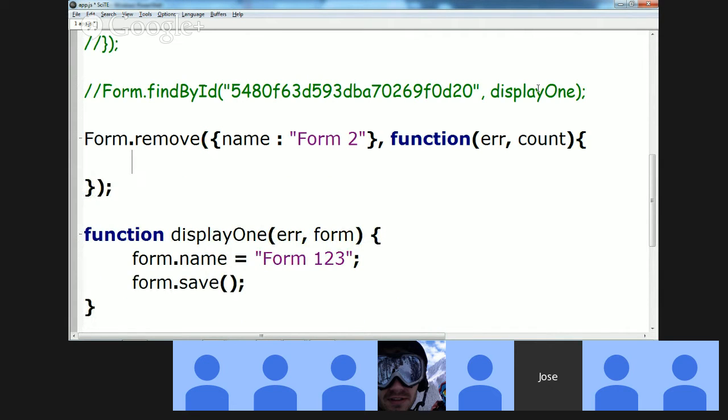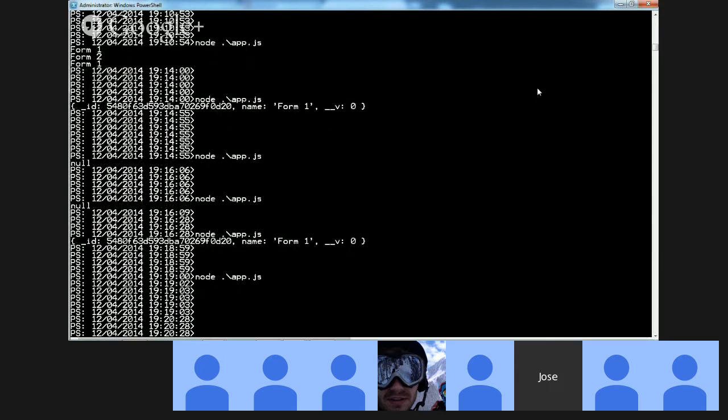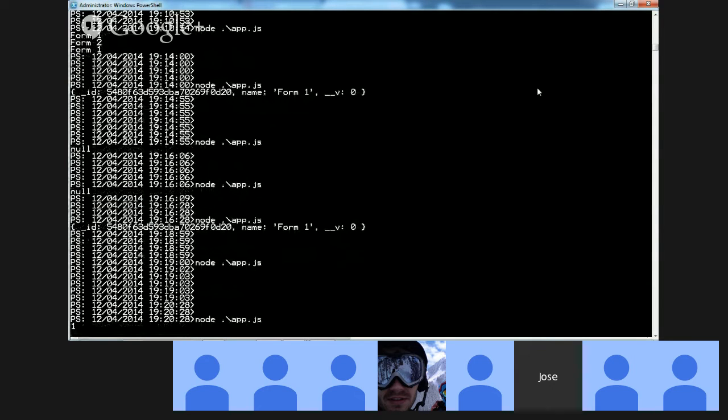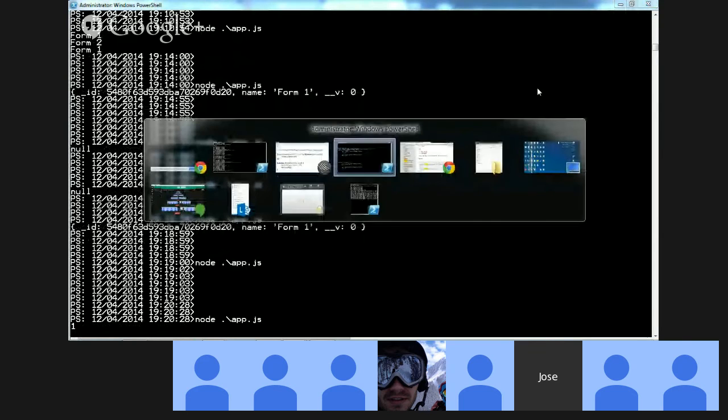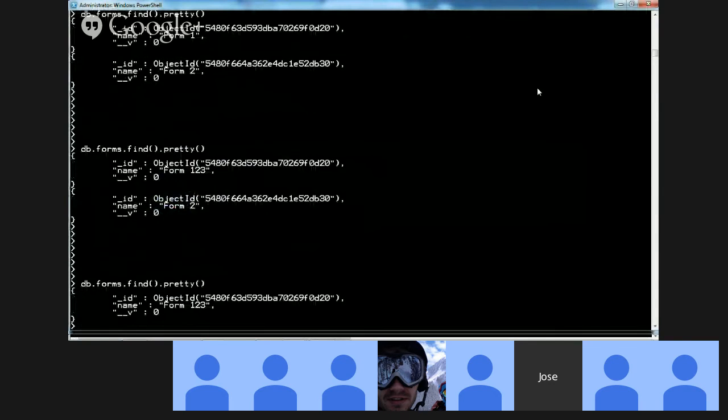And so here we can say console.log count. And so we can run this. It comes back with 1, so presumably there was 1 document that was removed. So if we do a find, notice that form 1 is no longer there. So anyway, we could do inserts, we can do updates, we can do removes, we can do finds, find one, find many, right? So it has its own